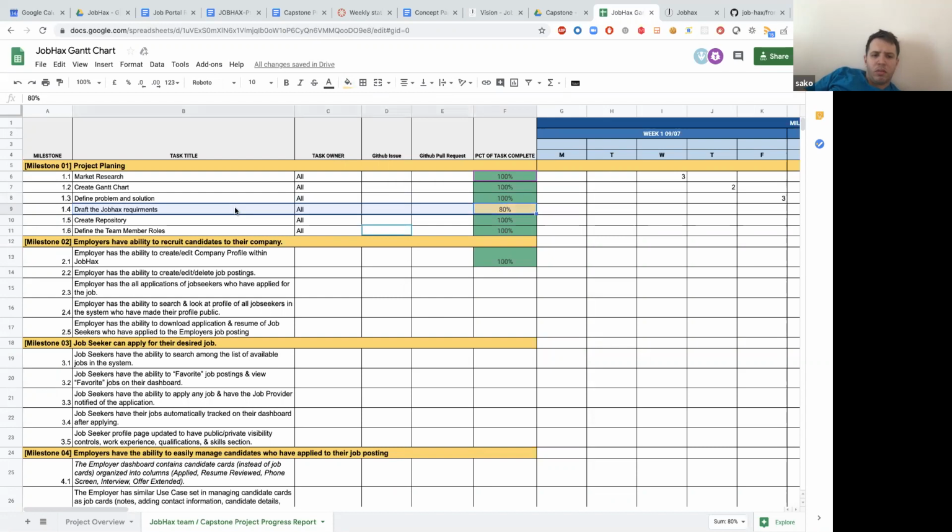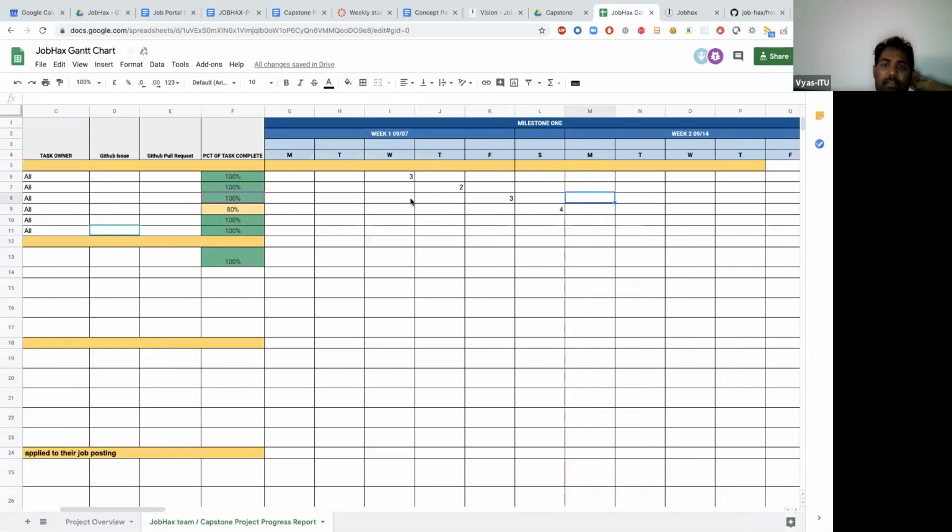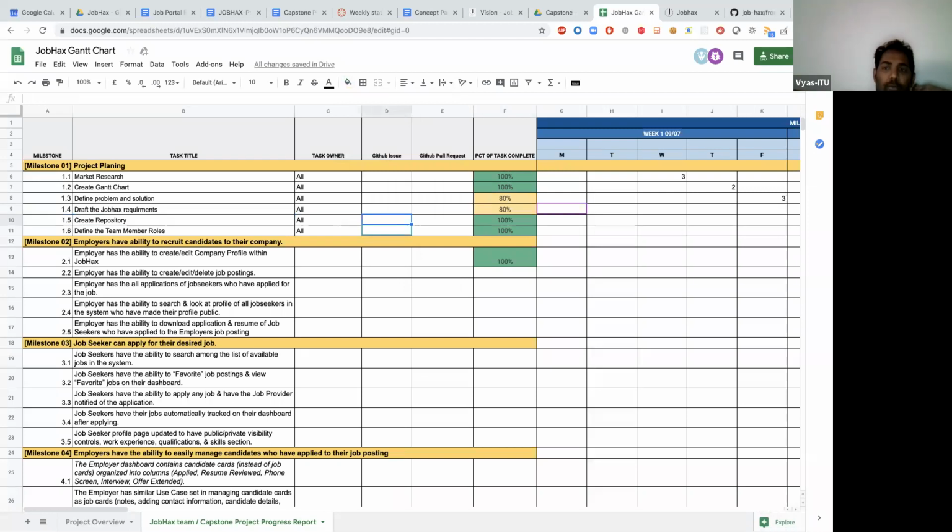For draft, I think we can add a few more hours actually. I think we can log some more per task. Now it's just 12 hours overall: 3, 2, 3, and 4.